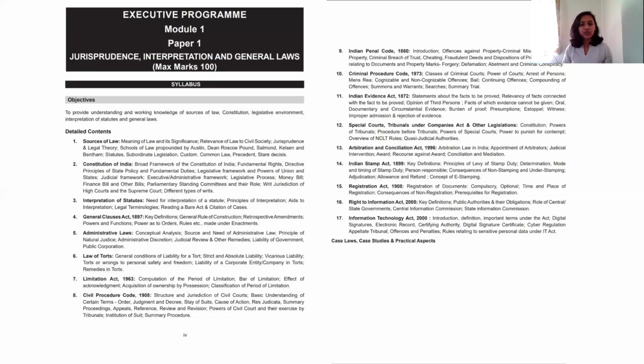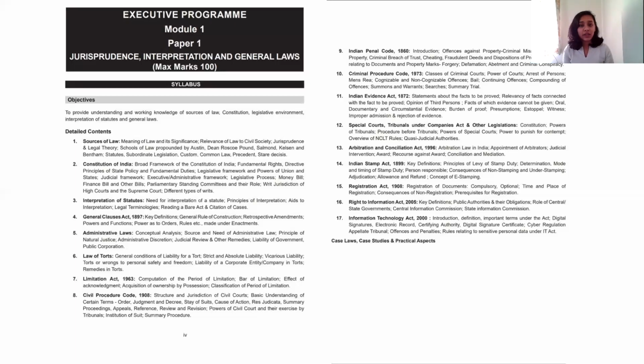Now, while the Civil Procedure Code is the basis of the civil laws, it is itself divided into both its substantive law and its procedural law. Whereas for the criminal laws, the IPC consists solely of substantive laws, and the Criminal Procedure Code consists solely of procedural laws. Now, you may ask, what is the meaning of substantive law and procedural law? I can put it across to you in a very simple manner. Substantive law lays down the rights and liabilities of each and every person that this law is applicable to.